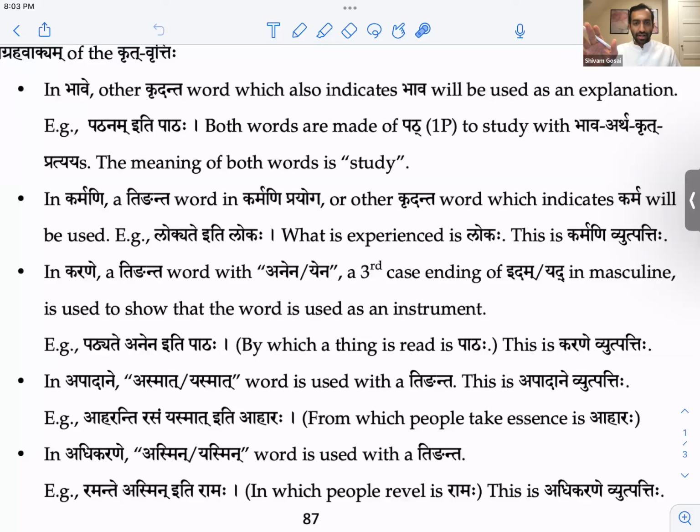So study itself can be 1-1. It's not kartari, because it's not saying the one who studies. It's just the act of study. And that can be in the first case. It's not necessarily referring to the karta of study.